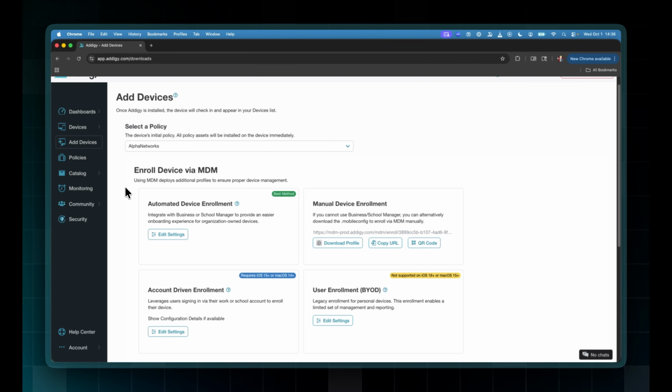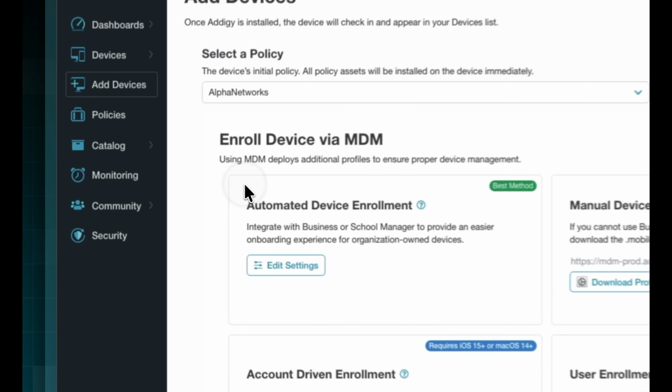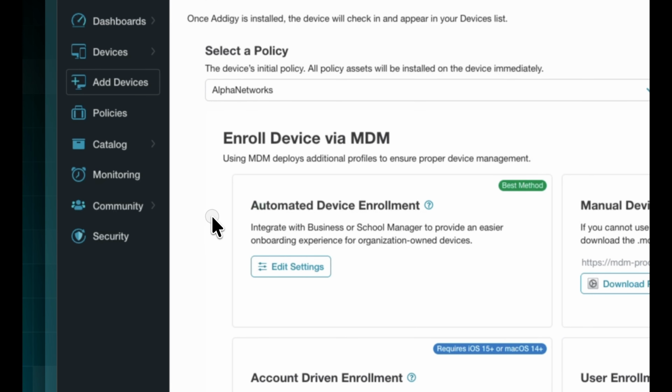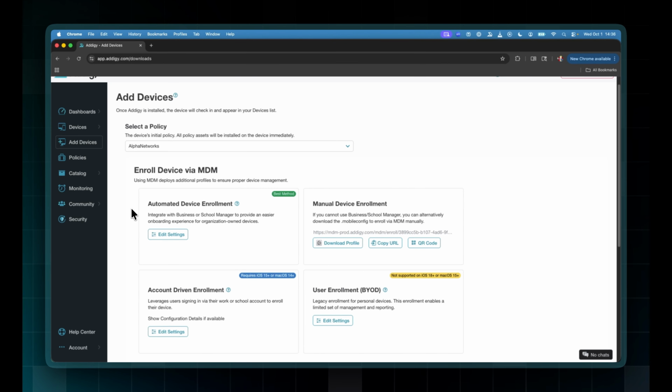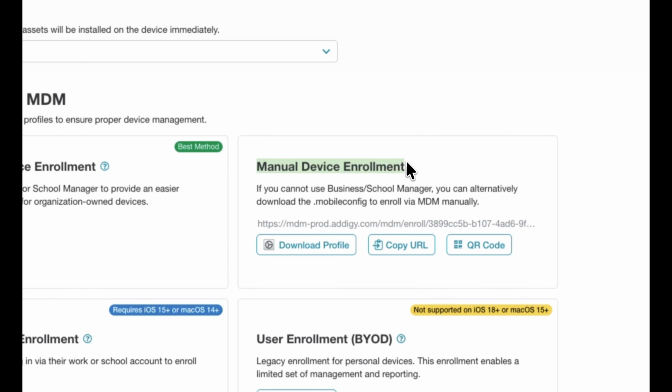The main option that a lot of admins, and that we typically recommend, is Automated Device Enrollment, but let's say you don't have Apple Business Manager currently and you just need to get a machine into Addigy. What you can do is take this manual device enrollment link here, copy it,